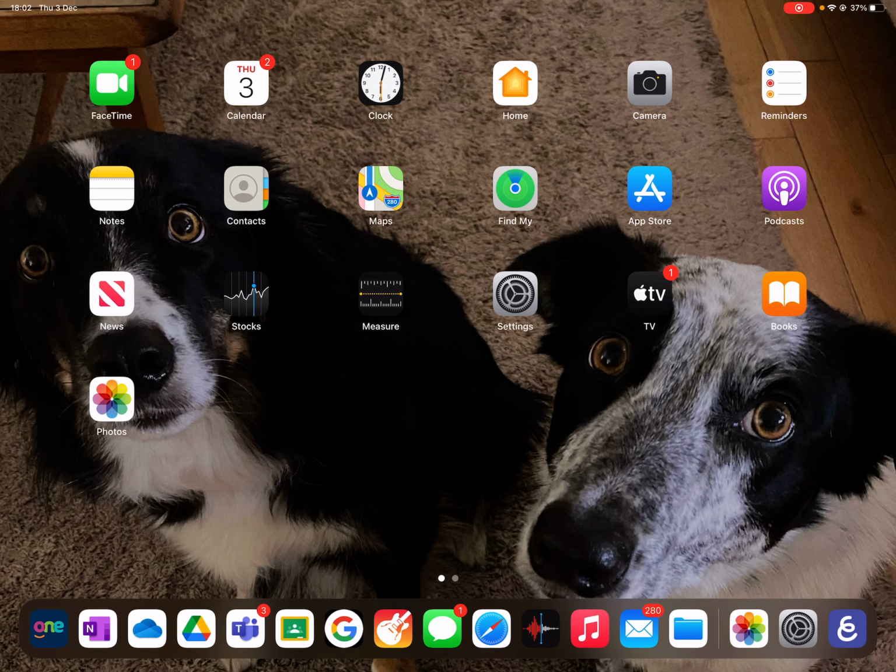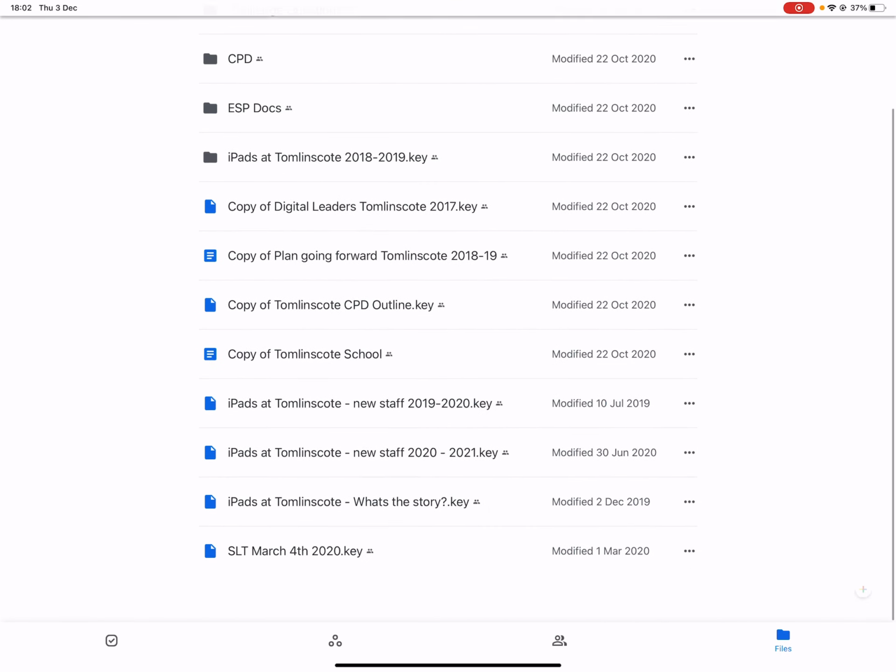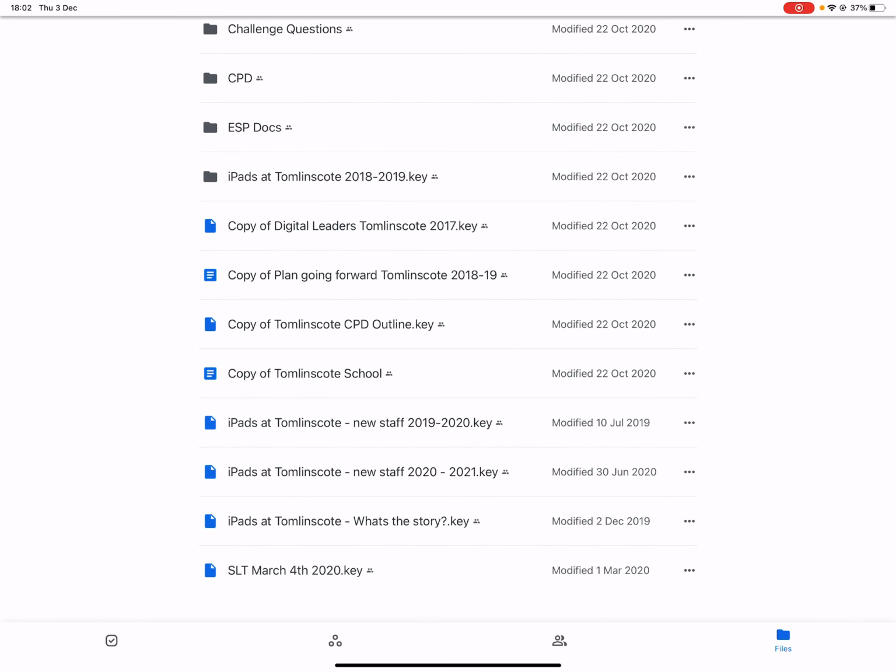Okay, you can push documents from your Google Drive straight into Explain Everything. Works the same way as OneDrive. So I'm going to open Drive. I've got some documents here, some keynotes. So if I choose a keynote,